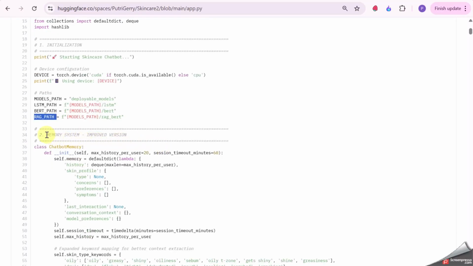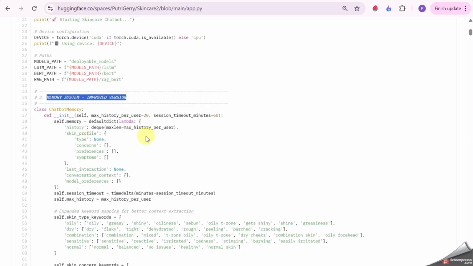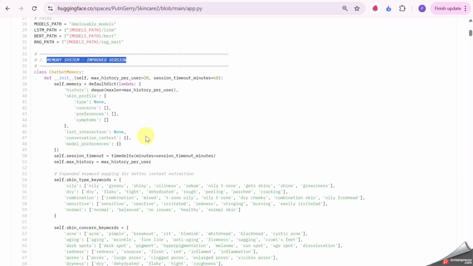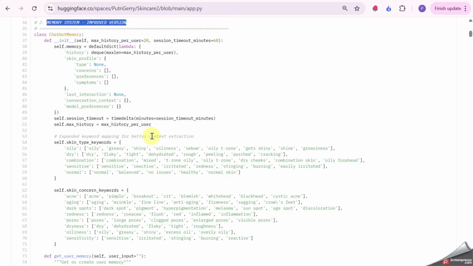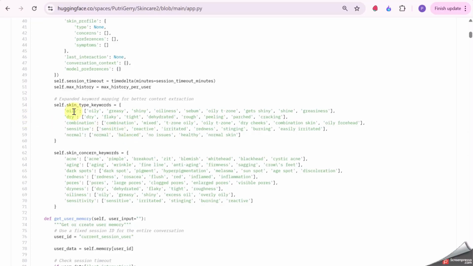Next, I make a memory system function because I want to save some memory context and concern. It's defined by keywords. If these keywords, oily, greasy, and shiny, come up in the question, it will be translated into a skin type of oily.